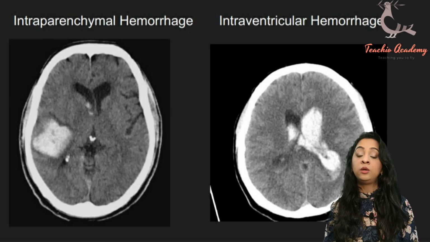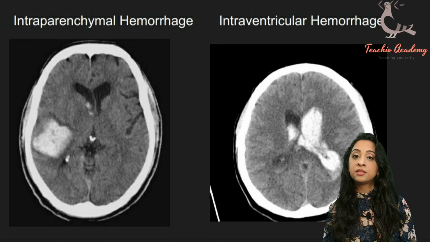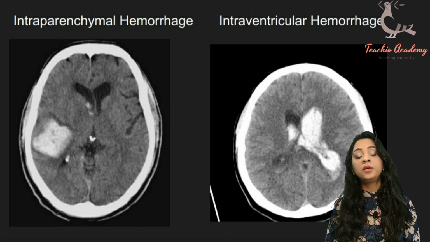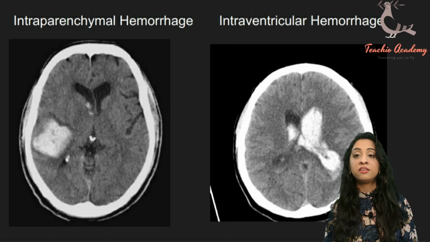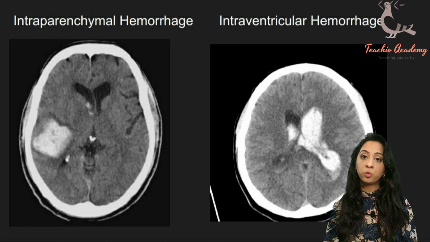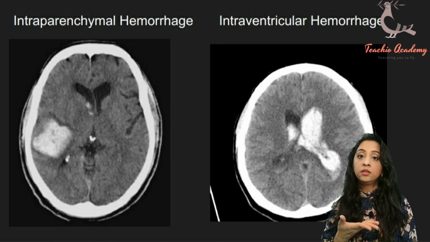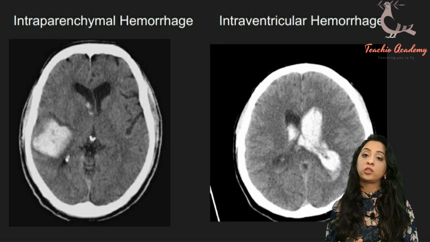The way that it looked before, guys, we discussed it before. Now it looks a little bit white. So that means there's a bleed in it. Recognize this. Sometimes it might be a little bit more difficult to recognize these, as you might just see a tiny sliver of blood at the bottom of the ventricles. That's just because of the way the head is when the patient is going into a CT scanner, the blood tends to accumulate at the bottom of the ventricle.